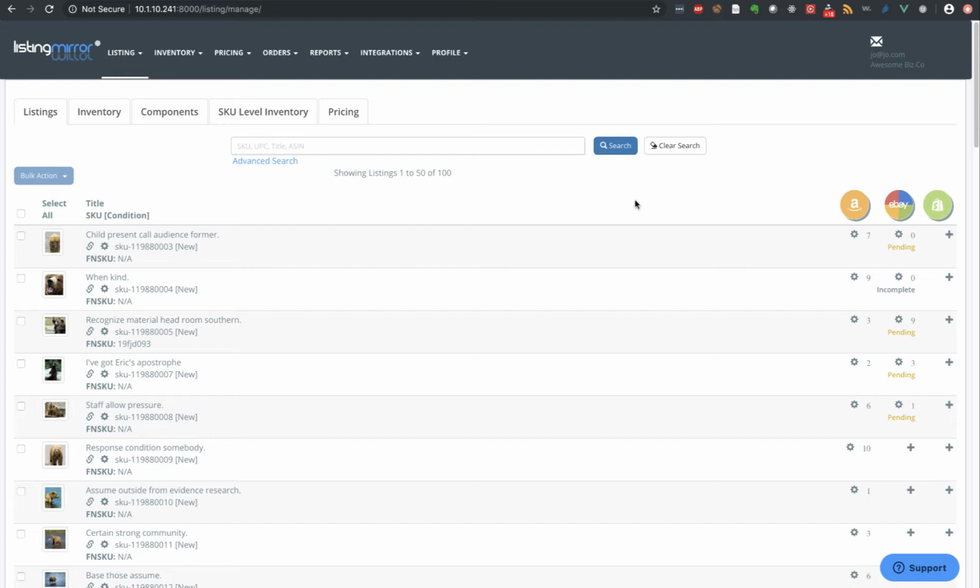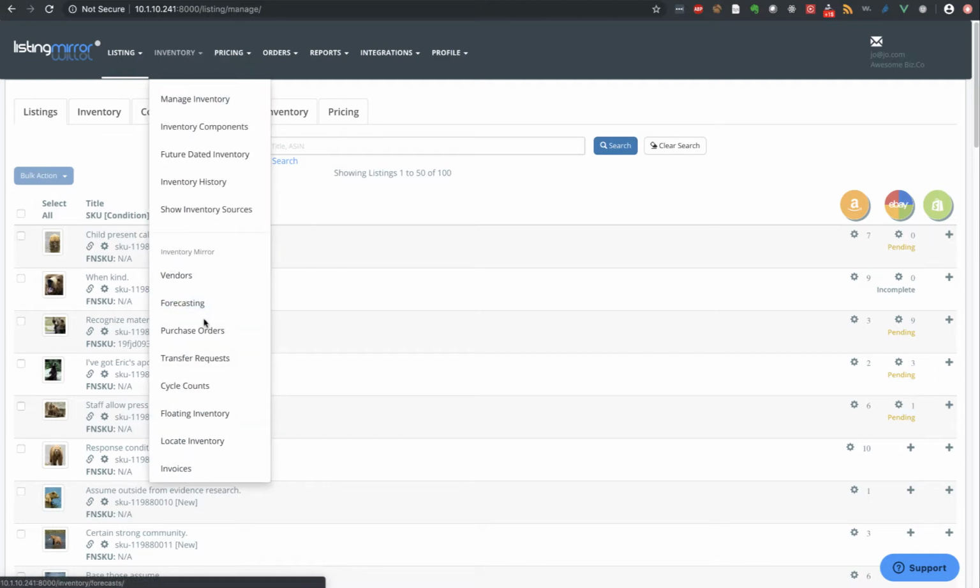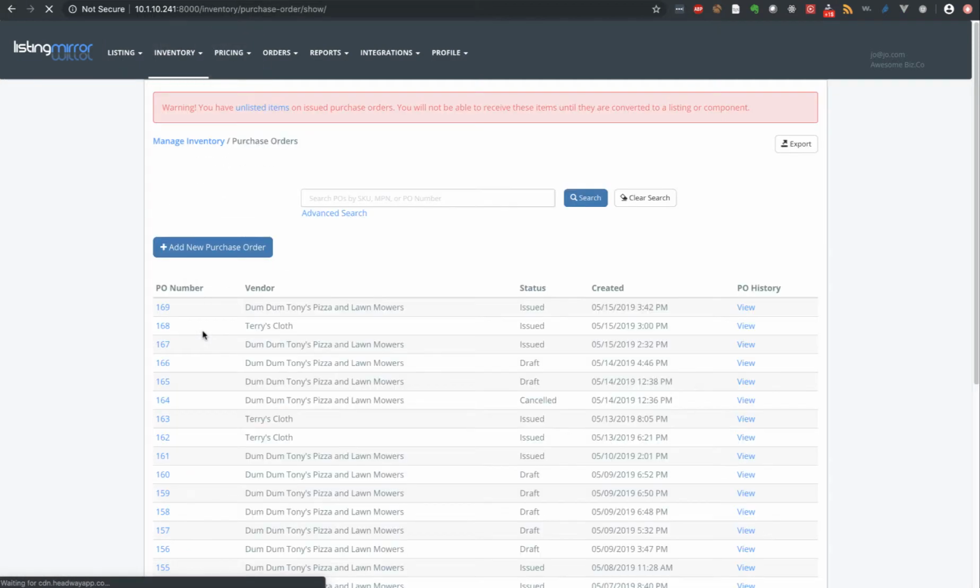Creating barcodes through Inventory Mirror is fast and easy, and we're going to cover two simple cases today of creating them and why you would need to create them. So the first case here, we'll go underneath Inventory, we'll go to our purchase orders, and we're going to find